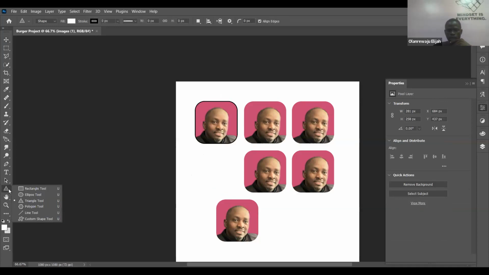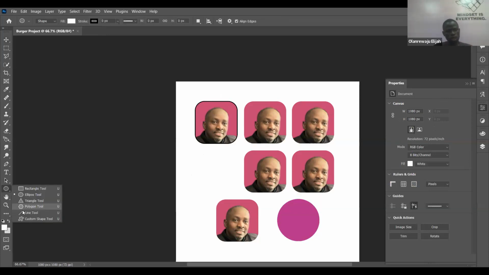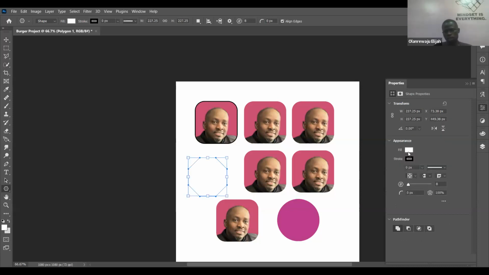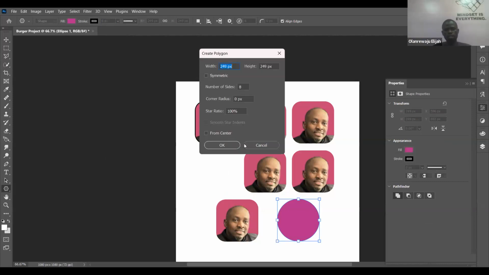And we have other shapes here. You have a circle. If you want to draw a circle, you can change the color of that circle too. You want to create a polygon shape, maybe 6-sided or something. Can you see? Before you create, a polygon has many sides, right? So if you want to choose the number of sides of the polygon you want to create, what do you need to do? Just click on this icon, pick this tool, pick it here, then click on your canvas, on your document.